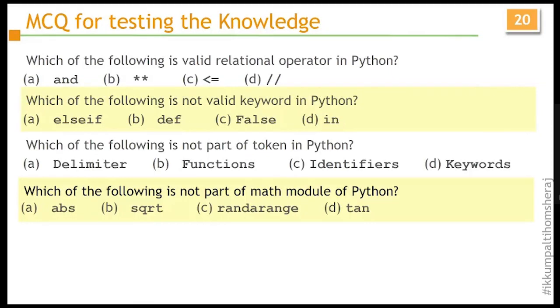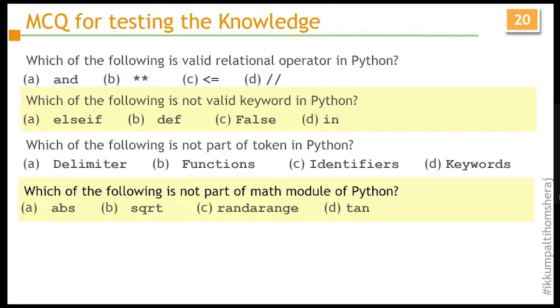In the next example, look at which of the following is not a valid keyword in Python. Here I will not write any option which is not known to them. We have to figure out the option which will have been told to them ten times in class. In this question, I have written else if. If you recall, in class 11th, when we were doing the if else statement, we clearly told them there is nothing like else if existing in Python as a keyword, and that is why you have to write elif.